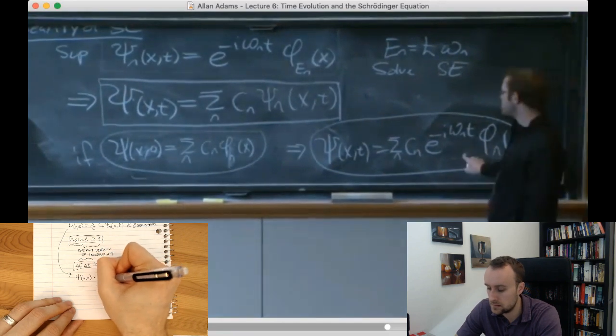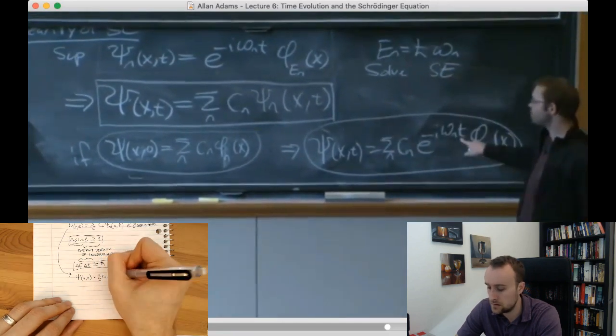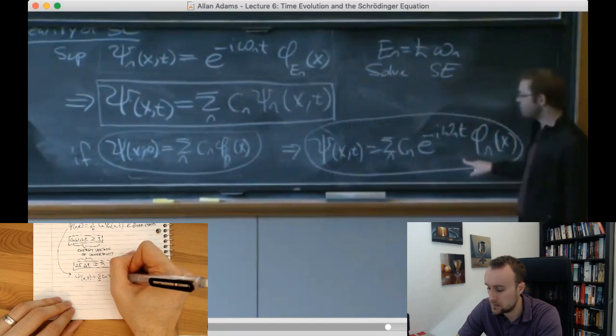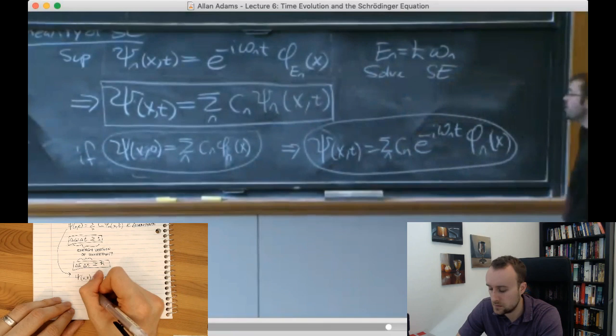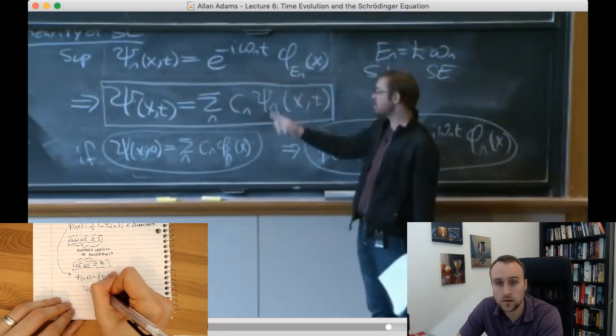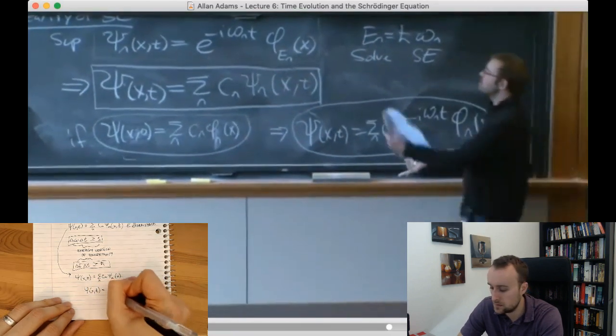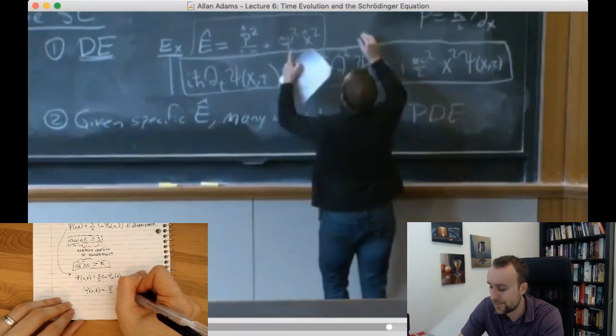I know this has to be true because this is a solution of the Schrödinger equation by construction, and at time t equals 0, it reduces to this. So this is a solution of the Schrödinger equation satisfying this condition at the initial time t equals 0. Cool. I don't even have to do a calculation. Having to solve the Schrödinger equation once for energy eigenstates allows me to solve it for a general superposition. However, what I just said isn't quite enough. I need one more argument, and that one more argument is really